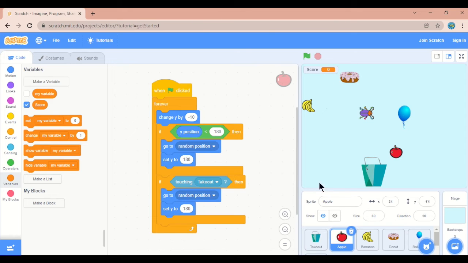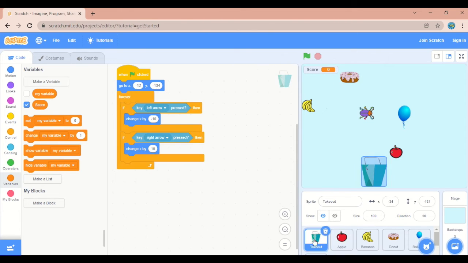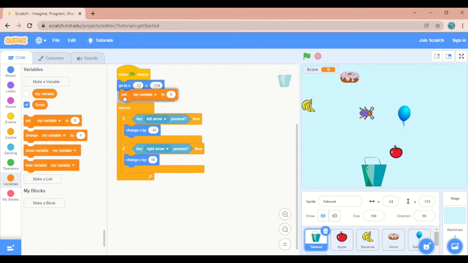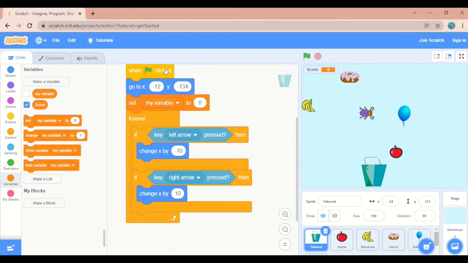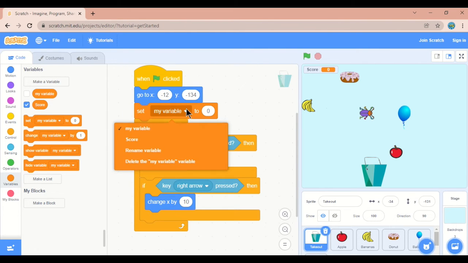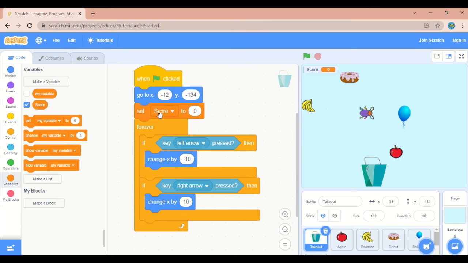For that, you will go to this bucket block, select set and keep it above. Then change this my variable into score. So set score to 0 should be given in the takeout block, this bucket block, the catcher block.